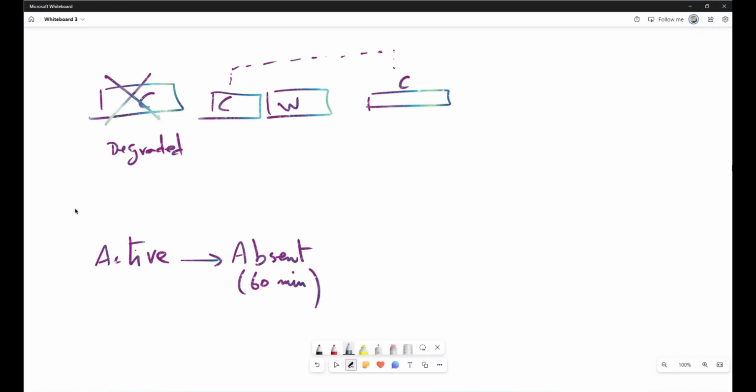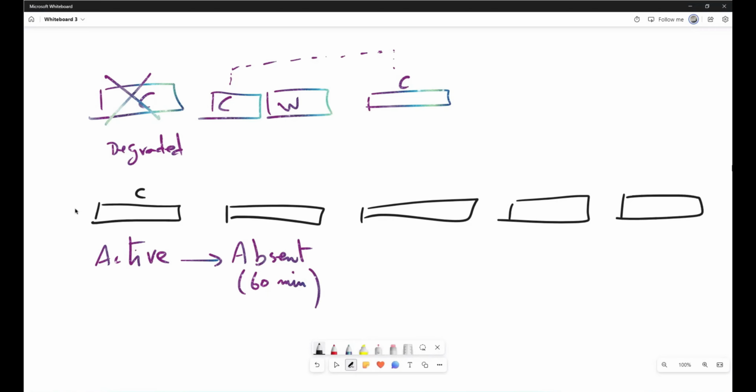Okay, default value is 60 minutes. But wait a minute. There are a lot of things that can happen in 60 minutes. So let's see what can happen. Here's my host containing the components that went from active to absent. I have additional hosts, have another component here, and I have my witness placed here. Well, actually, the component was absent for 30 minutes. During those 30 minutes